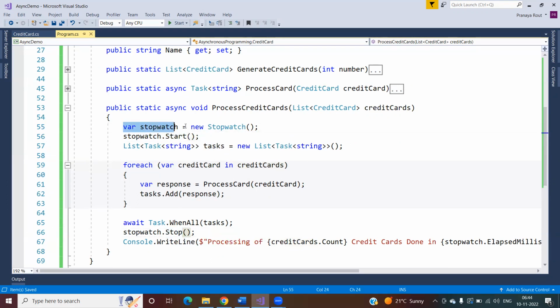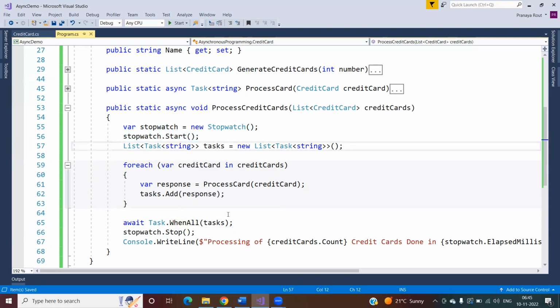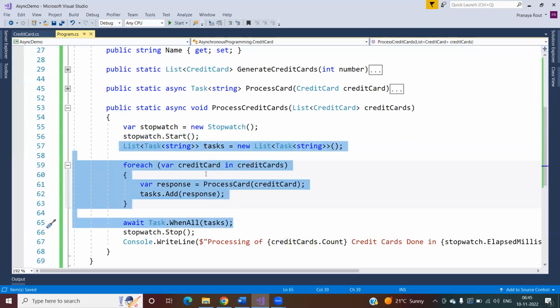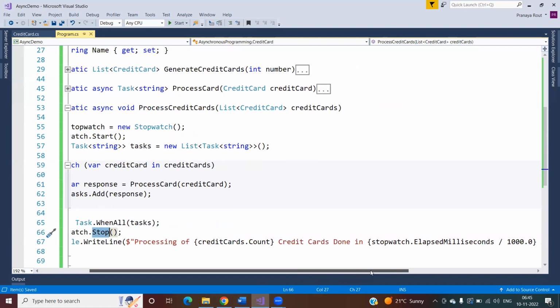So basically, I'm using a stopwatch here, right, to measure the time taken by this statement, in order to execute a collection of 10 credit cards or 20 credit cards or 50 credit cards, how much time this asynchronous operation takes. To measure that time, I'm using stopwatch. I'm starting the stopwatch here. I'm stopping the stopwatch here. And here I'm printing how much time it has taken in seconds, right? Then